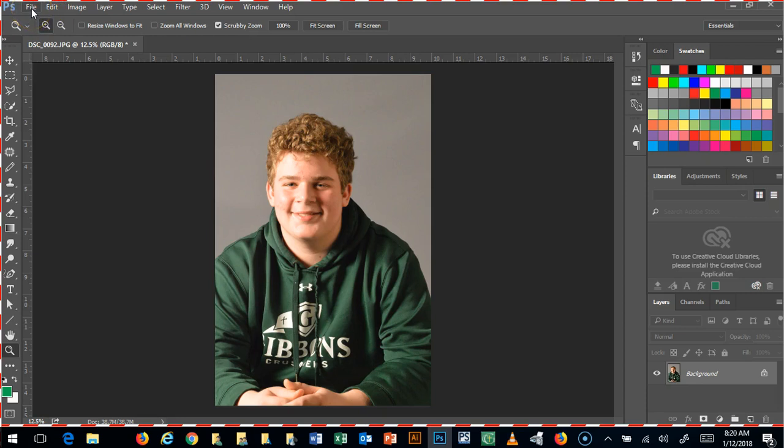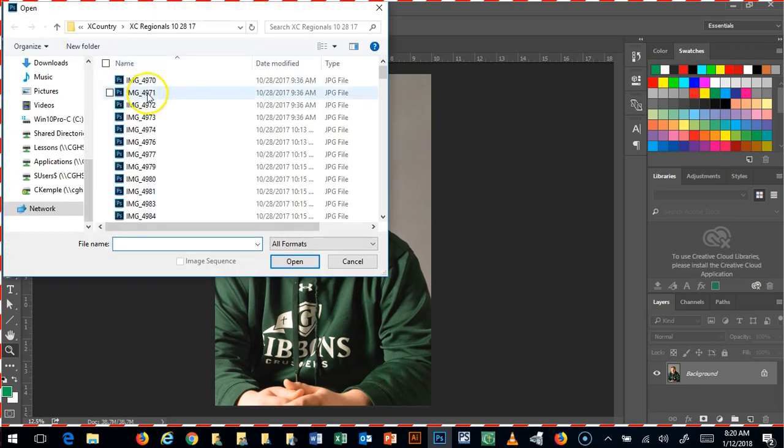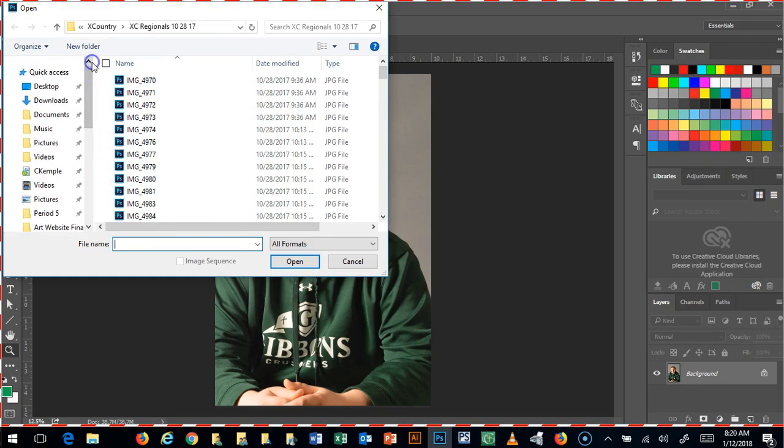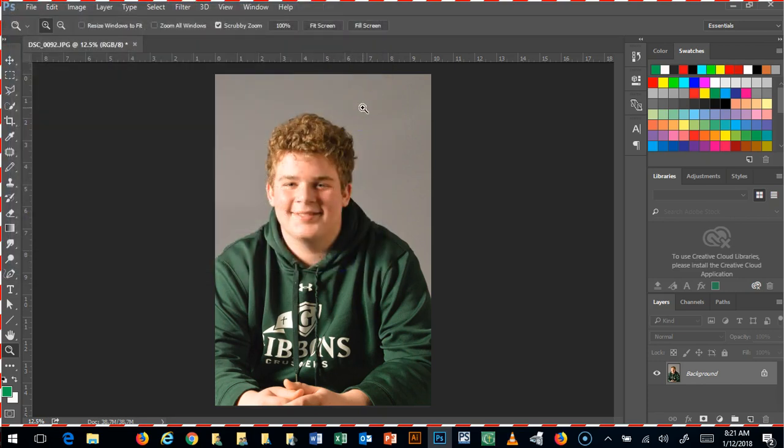But again, if you want to do it the other way, go up here to the File menu, go to Open. Then you simply find the folder. Like I'd go to Desktop. Then I would find the correct folder and do it that way. Okay. Now, what you want to do